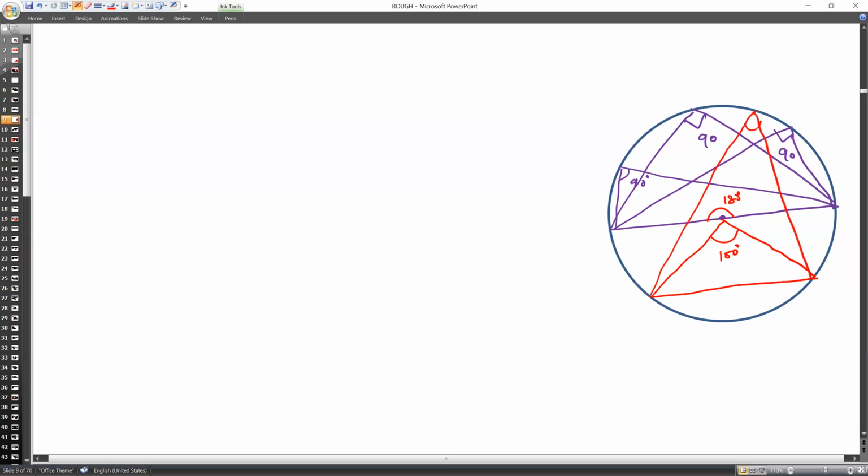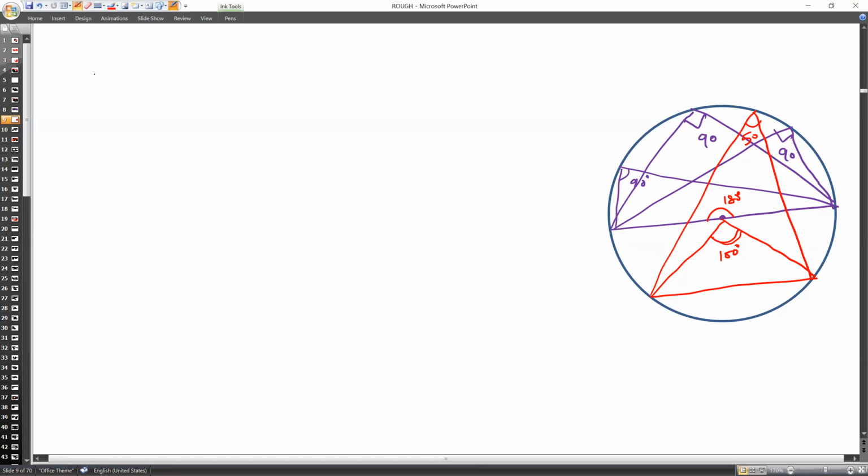It will be 80 degrees. How much is it? Sorry, not 80, it will be 50 degrees, half of this one. If this is 100, then this will be 50 degrees. Okay, you understood? This is an important theorem. Got it? The next theorem